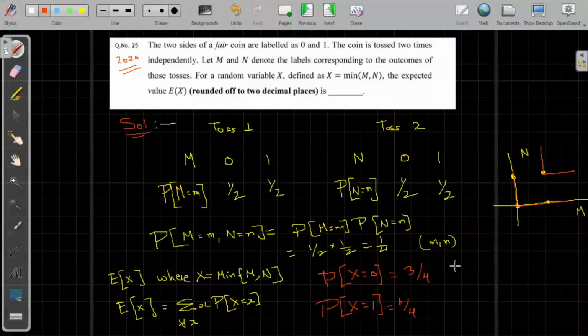So we can now calculate the expectation of x. So this is the PMF of x. So we can calculate this will be equal to, x value is 0, so 0 into its probability, which is 3 by 4, plus the next value is 1 into its probability, which is 1 by 4. So the answer will be 1 by 4. So here we will write 0.25